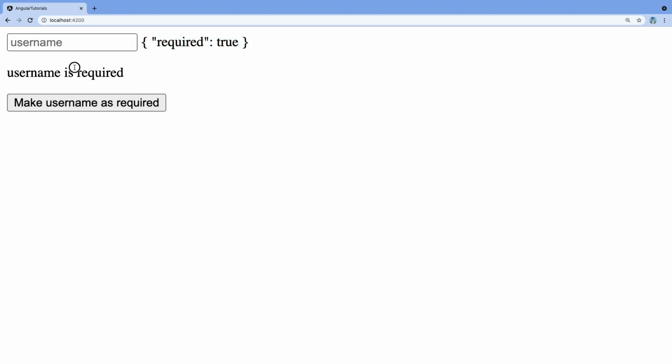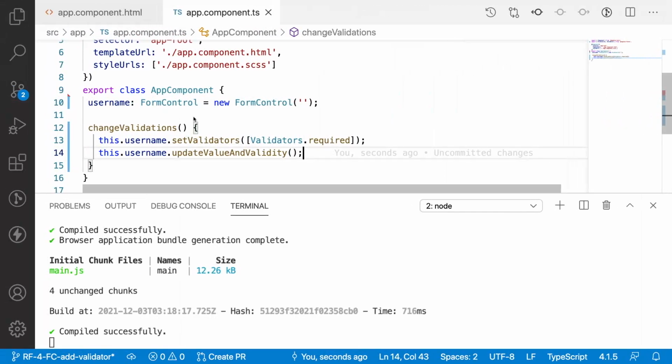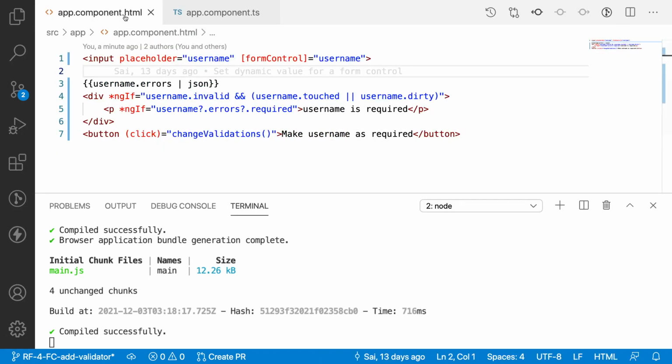That means our username is required. This is how we can validate our required field and add external validations to a particular form control using setValidators. The only thing we need to remember is that whenever we write setValidators, we have to apply updateValueAndValidity. Only then will our form control reflect these validations.